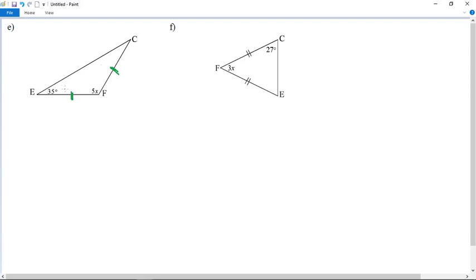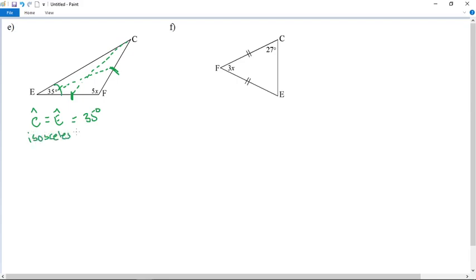So we know that the angles opposite the congruent sides are equal. So this one is opposite that congruent side, and this one is opposite that congruent side. So we can say angle C equals angle E. And so angle E was marked as 35 degrees. And we know this because this is the rule, and we can use the rule that's written in the book,